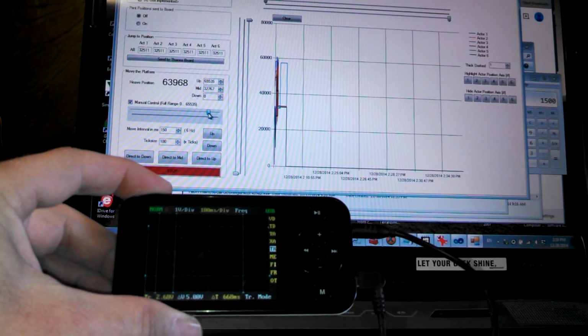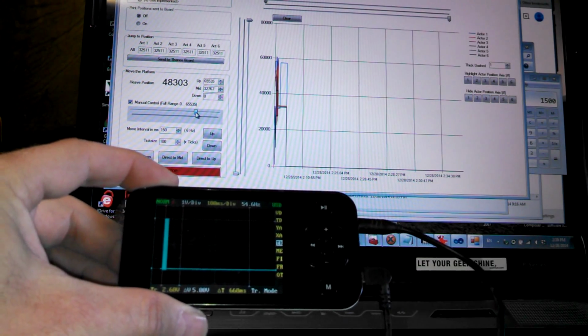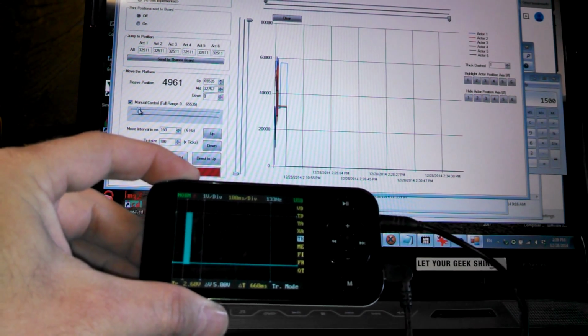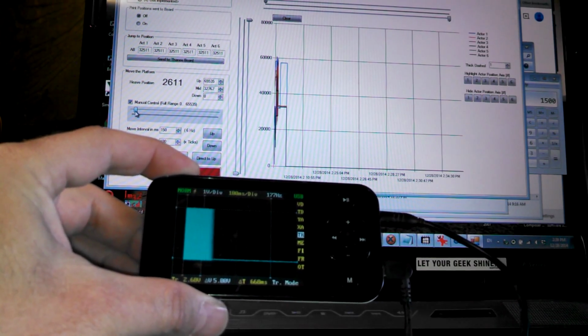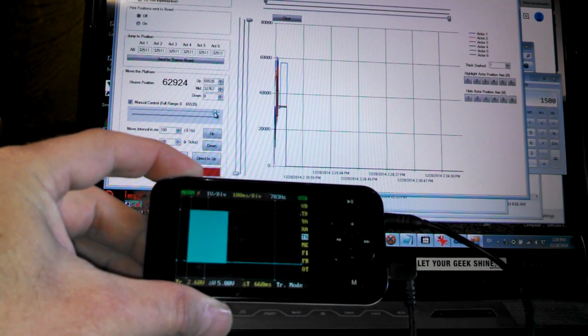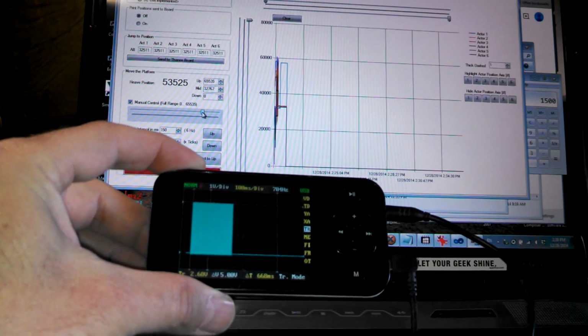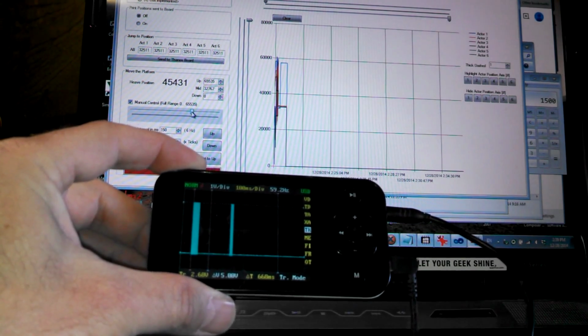Normally you can see it gets even bigger for bigger distances, but for small distances